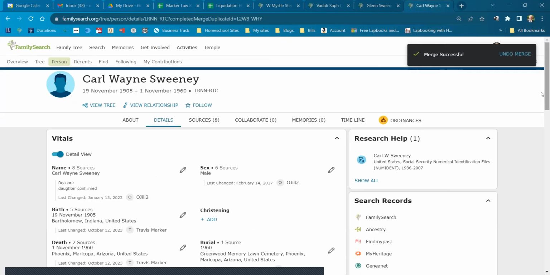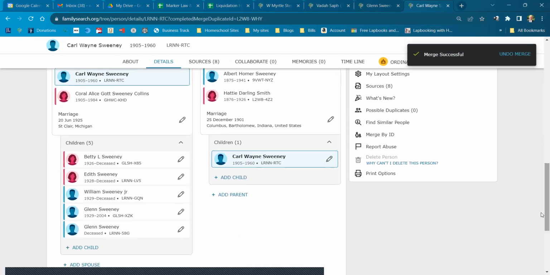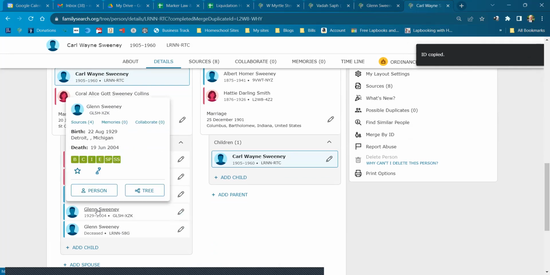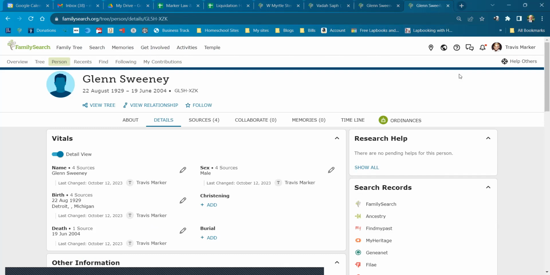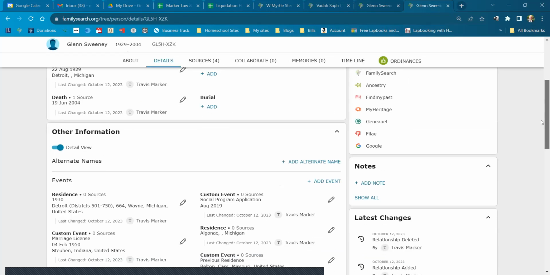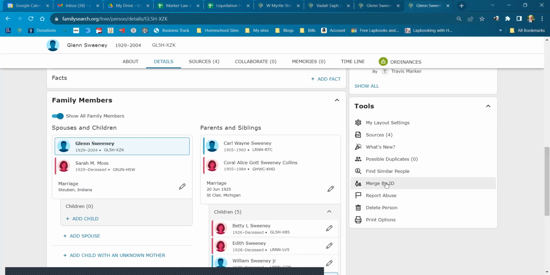Yeah, it looks like before we take off from this one, we can go down here to Glenn, copy Glenn's ID. So I click on that, which copies it. The screen tells me I copied it. I go up here to Glenn, go to person. It's not showing as a merge. So then what I do is I come down to merge by ID,